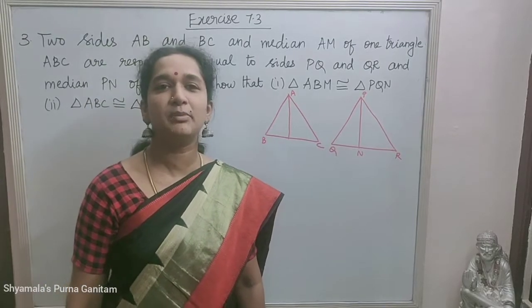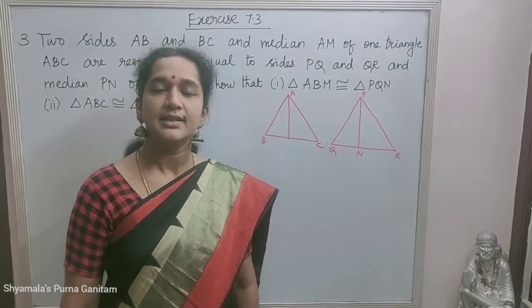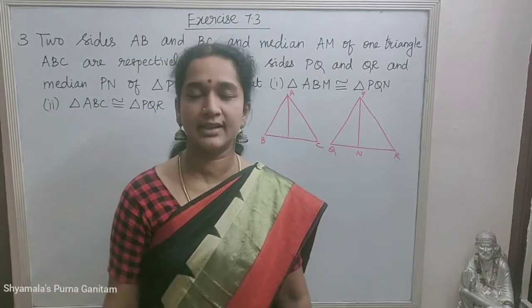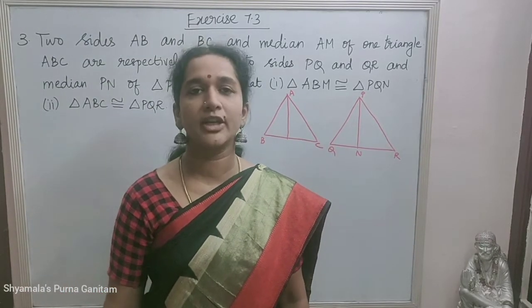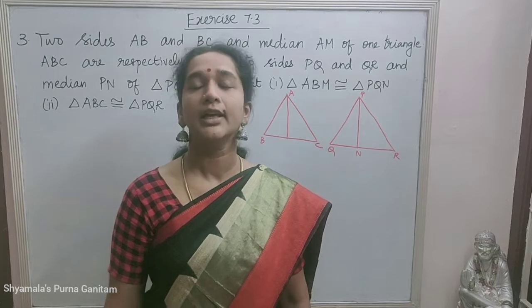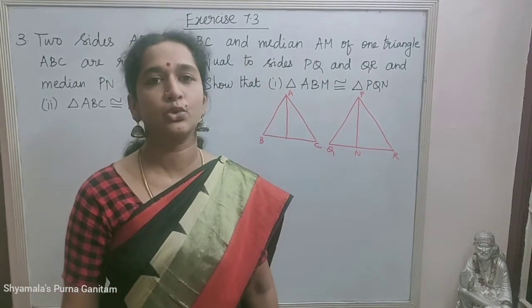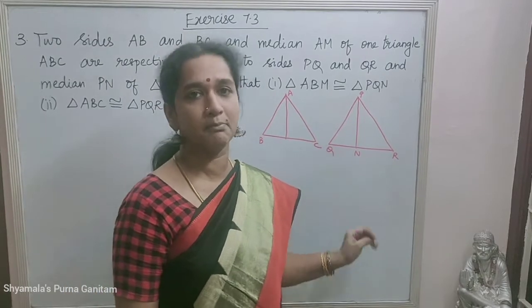Students, in this class we will be doing the class 9 CBSE syllabus. We are doing the 7th chapter in class 9, that is Triangles. Already 2 exercises I have completed, and 2 sums I have completed in exercise 7.3. So today 3 more sums are there that I will complete.